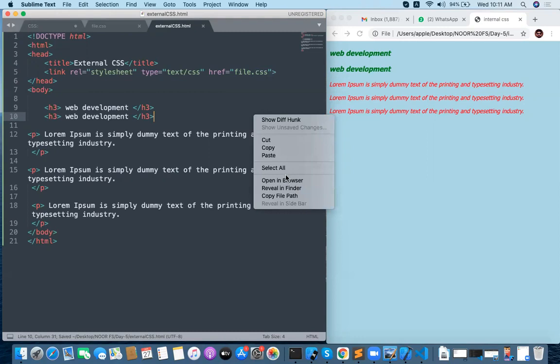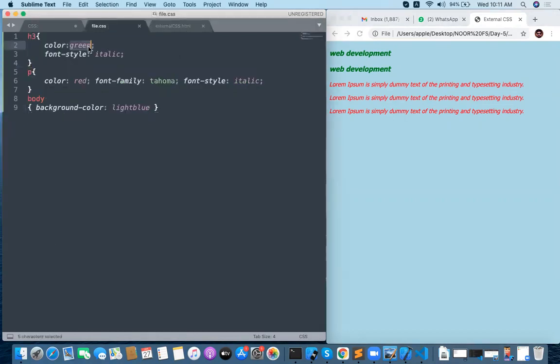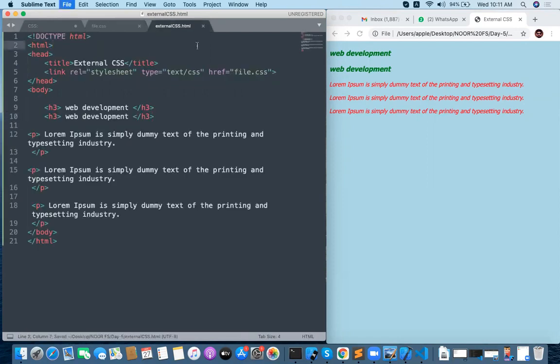Now you can check how it is working for you, and the same concept is working here in external CSS also. So something like this, it is a blue color. Whenever I change the code in file.css, automatically external CSS is also getting applied. Can you see this now? Yeah, this is the way of writing inline CSS, internal CSS, and external CSS. Okay. Got it? Understand?